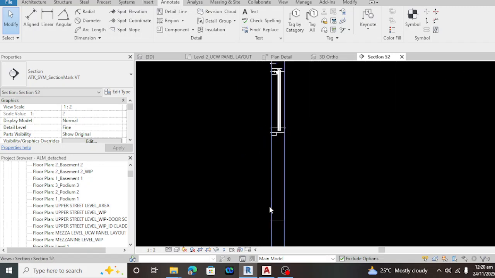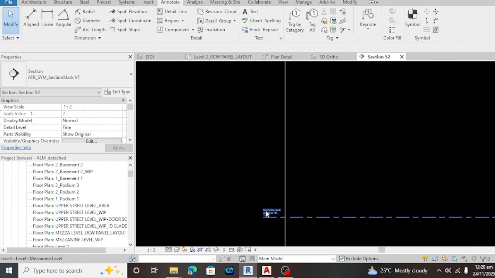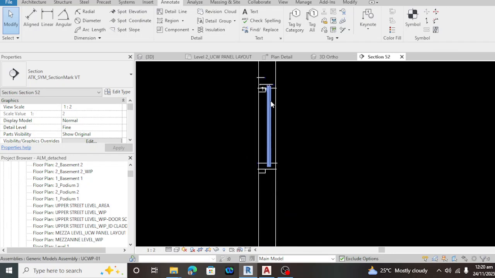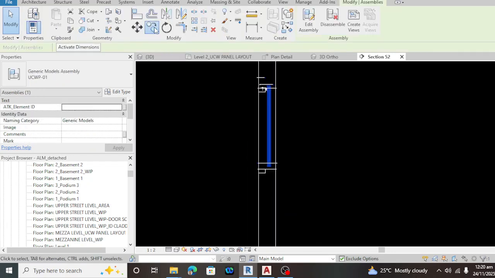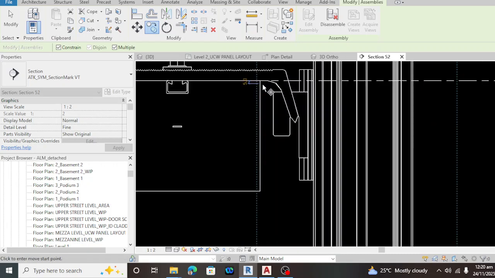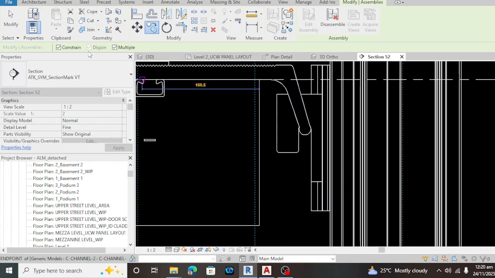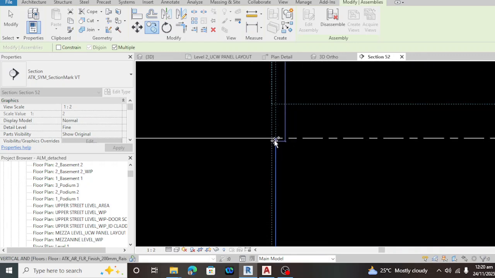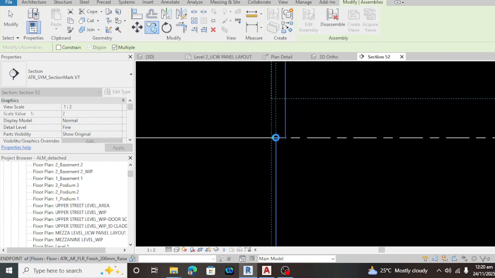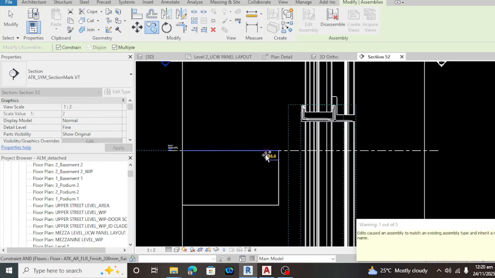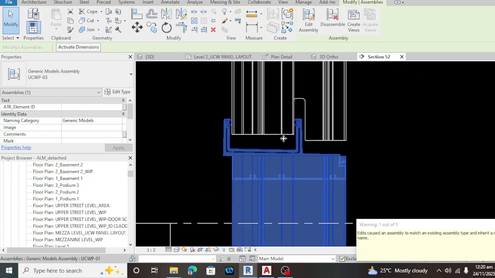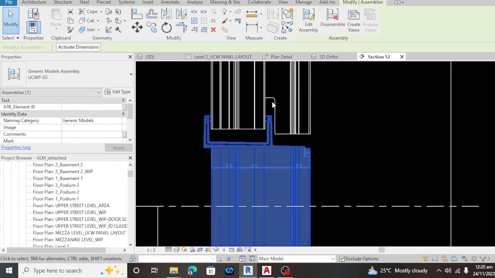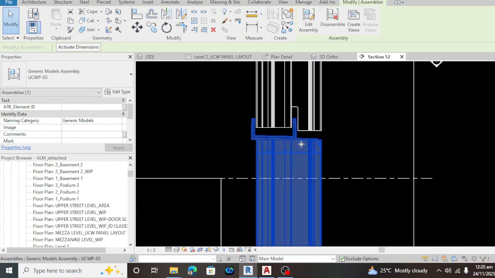So this is the mezzanine level. If you want to copy, just click it, then copy. Go to the slab and copy it on the slab of the mezzanine. As you can see, guys, it's perfectly fit on the panel. There's the notch. The panel fits.